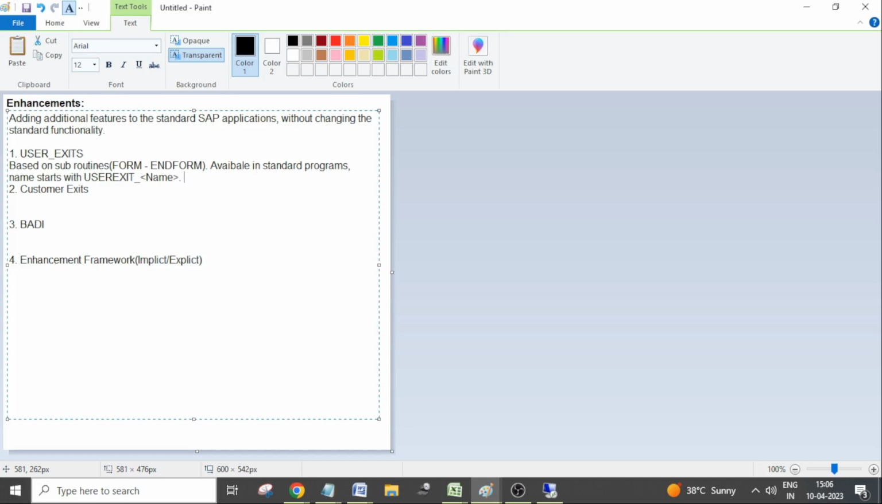Okay. We need an access key to add any custom code to the user exit. So what do we need to add any custom code to the user exit? We need an access key,